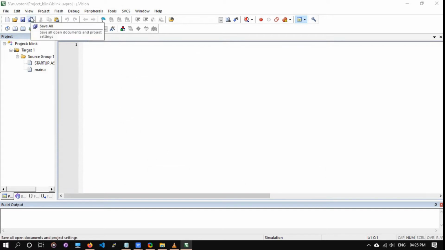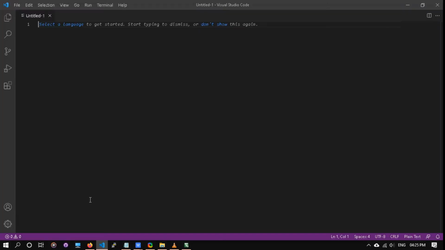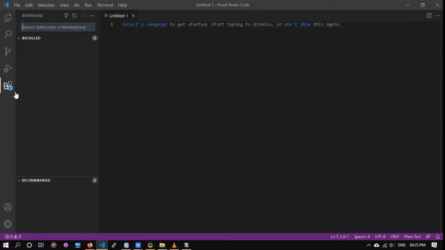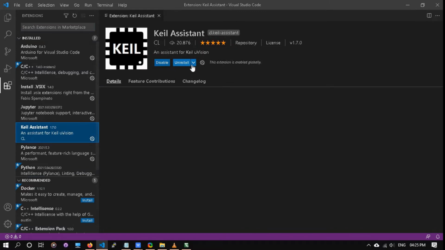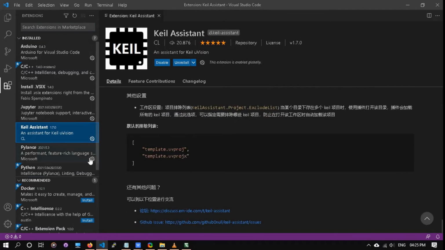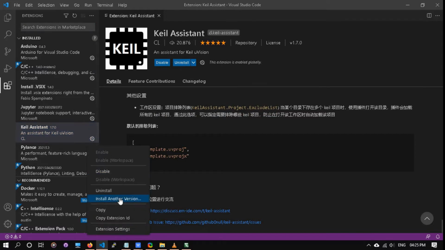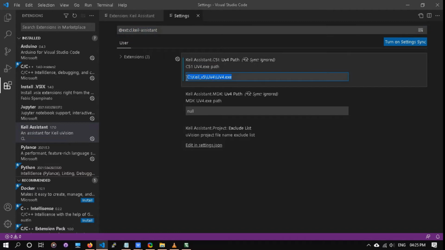The code compilation and dynamic syntax checking are only available for KLMDK based projects. These features cannot be used with projects based on 8051, 251, etc. So I use Visual Studio Code and a KL Assistant plugin. Add the Microvision path to the KL Assistant.